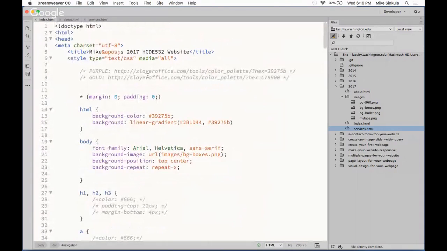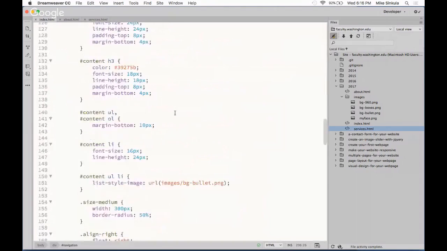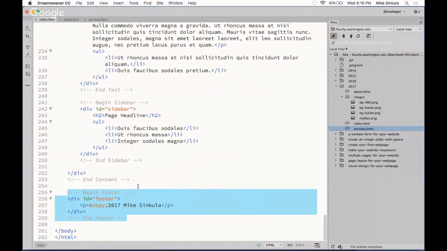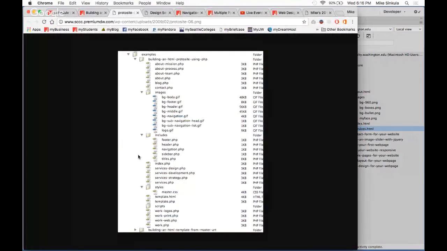So the header include is going to contain everything up in the top section, right? The footer include is going to contain things near the bottom, okay? Like we are going to have the same footer on each and every page. So what we're going to do then is start to, if we go to then